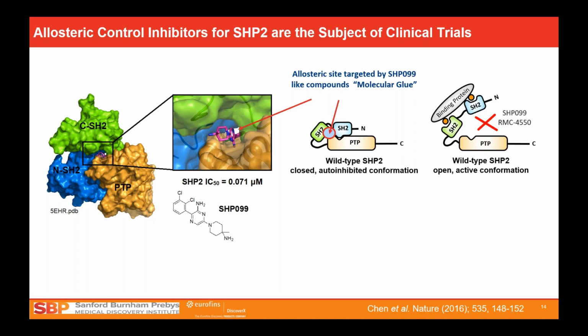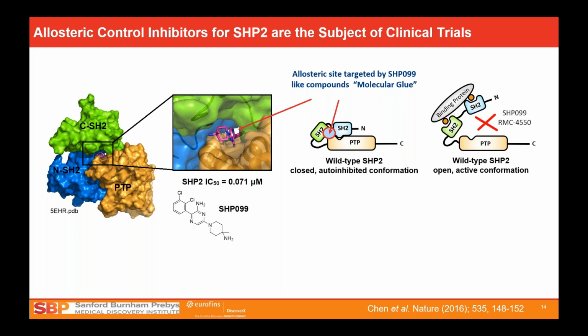So on the left-hand side, we have the crystal structure of SHP2 in a bound form. I have indicated in blue and then in green the first and second SH2 domain, and then the PTP domain in orange. And the catalytic site is actually wedged between the PTP domain and the SH2, so literally blocking it. So a compound was identified by Novartis several years back, which then was advanced to become a tool compound, SHP099. And the crystal structure, if you go to the next panel, you can see how it actually